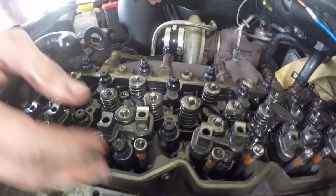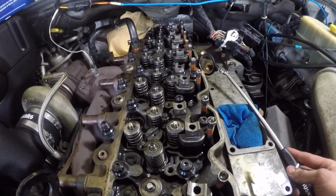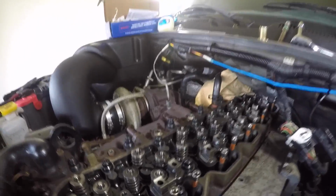We can also use an inspection mirror and see that it's lined up on the other side. So let me grab that. I don't know if you guys can see, but with my inspection mirror I can tell that it's lined up properly. So now that it's lined up properly, we know we're good to go ahead and put our injector tube in there,